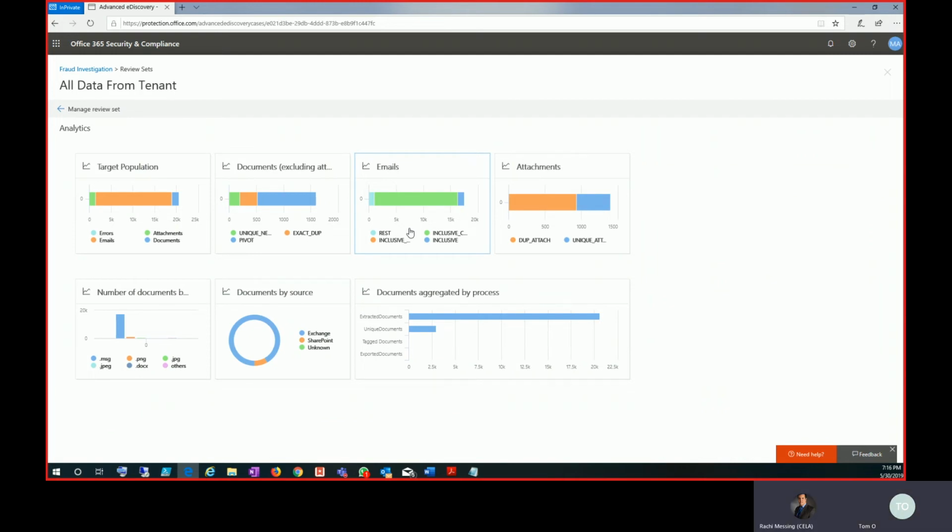Because in most email conversations, that last email where I said, okay, that sounds a lot better, let's do 10:30, that one actually contains all of the prior emails. So what we do is we look and we say, does it actually in reality contain all those emails? And if it does, mark that one as being the inclusive email, so meaning it includes all the other ones, and the rest of them, mark them as being the rest, where I don't actually have to even bother to